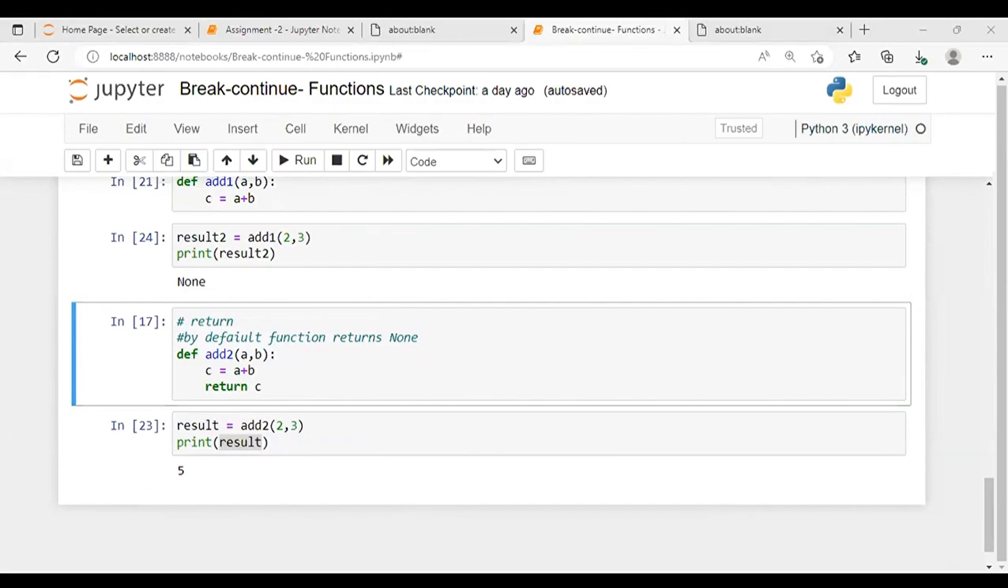Can you tell me by default the function returns what? Everyone throw the result in the chat. Perfect. And if we are explicitly returning the value, that particular value is going to return. All right. So next,